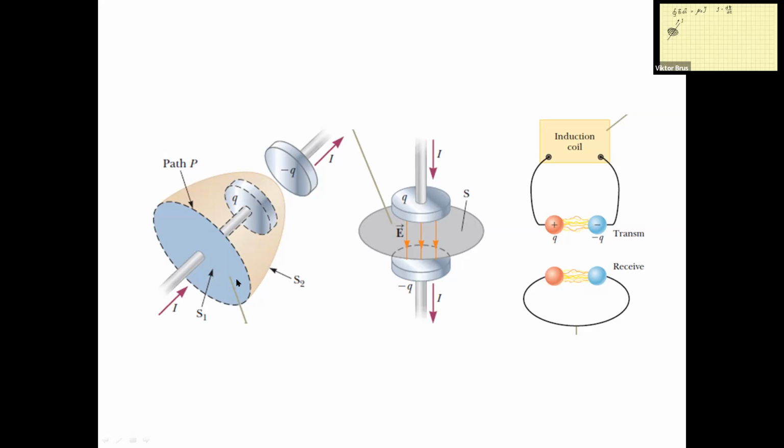So that is fine. Now we can use the same closed path, but consider this surface S2. In this case, the integral over the same closed path